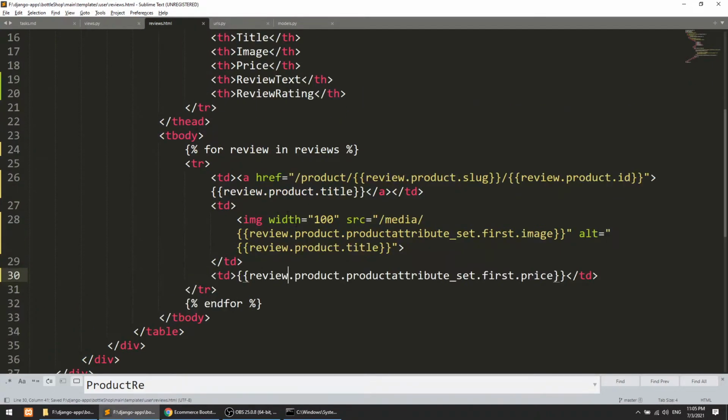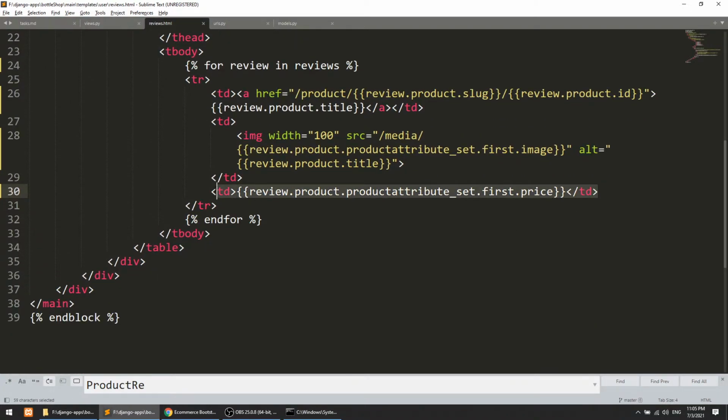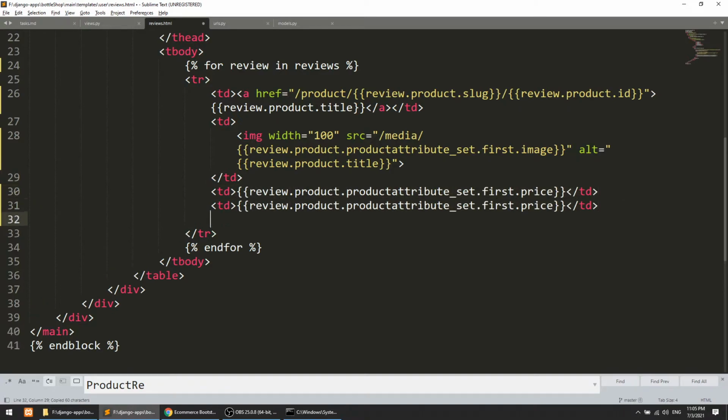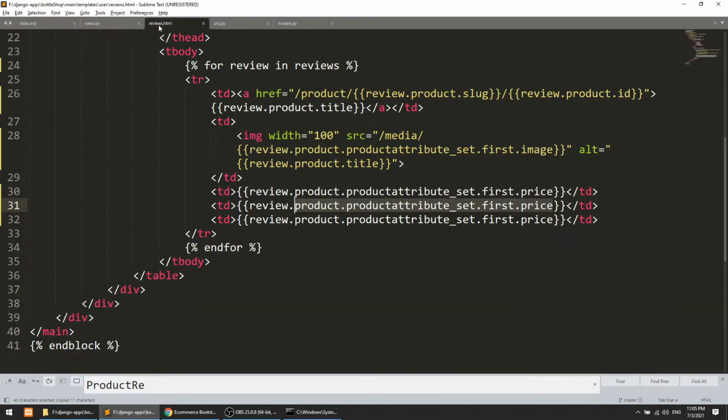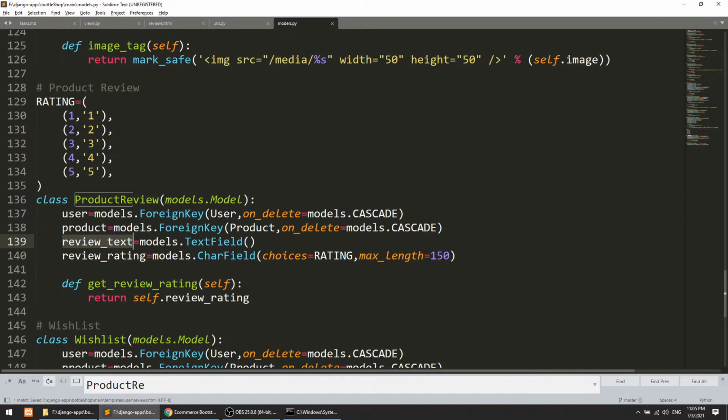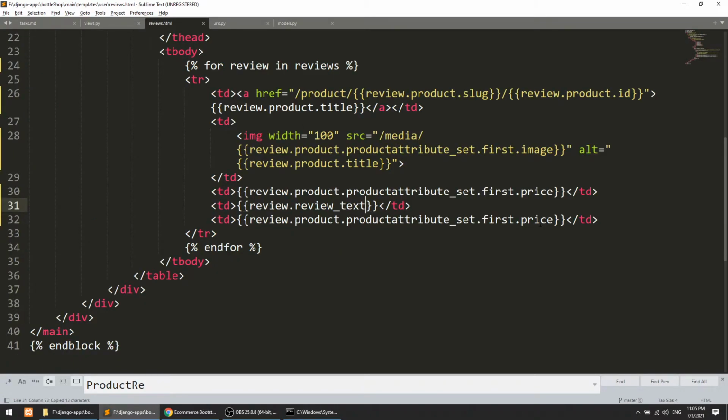Now we need the actual data. I will copy this and paste it here, and this will be review text. I'll copy this again, and this will be review rating.